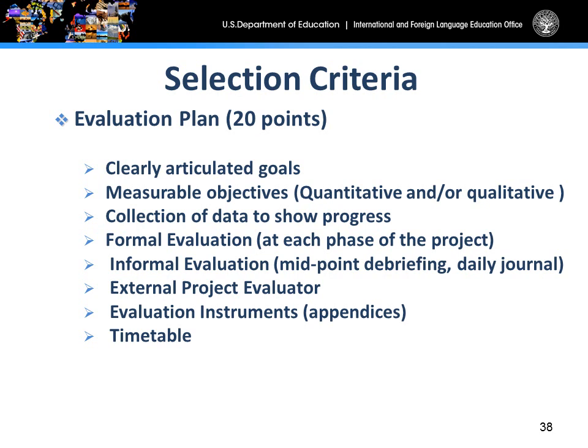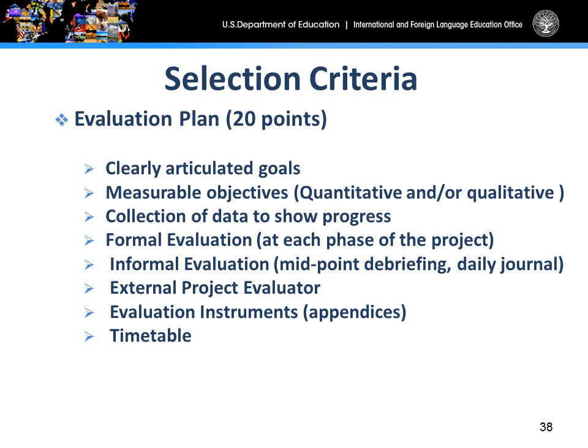The evaluation plan is worth 20 points. A well-designed evaluation plan includes clearly articulated goals, measurable objectives, both quantitative and qualitative, a way to collect data to show progress, formal evaluations at each phase of the project, informal evaluations which can take the form of a midpoint